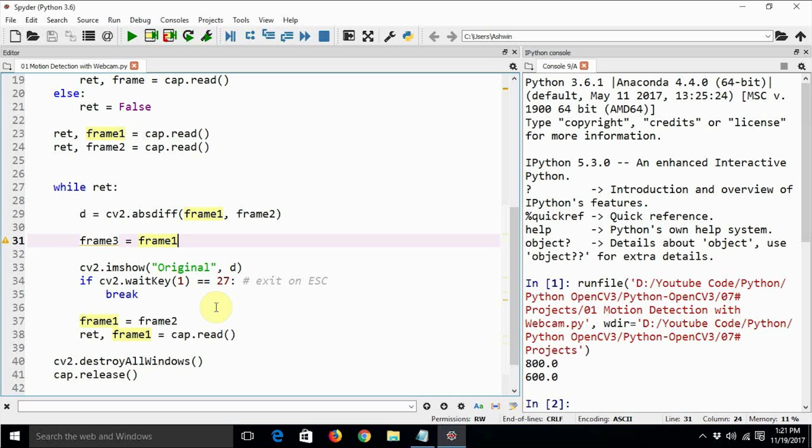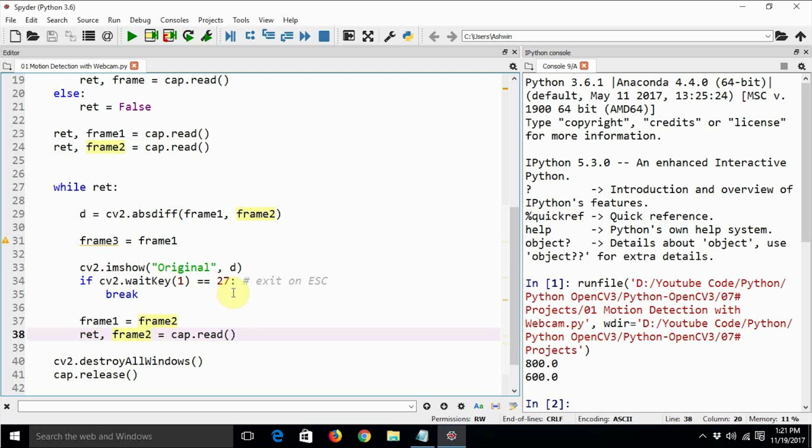Let me check if the logic is correct. Frame 1 equals cap.read, frame 2 also equals cap.read, and then we calculate the absolute difference of frame 1 and frame 2. Then we assign frame 1 to frame 3, that is also correct, and then frame 1 equals frame 2, and then frame 2 equals cap.read.